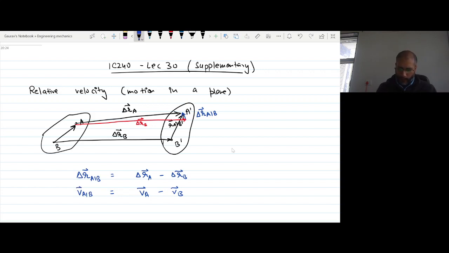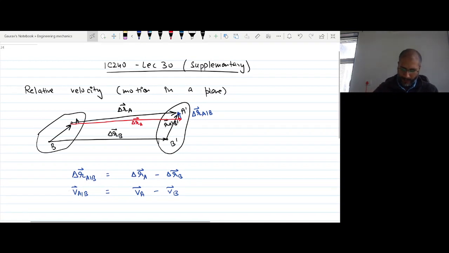So if it was a pure translation, then what we see is that V of A with respect to B will be 0, because in a pure translation you will see that VA and VB will be the same. But if it is not pure translation, if there is some rotation in it, then we'll have this VA minus VB equal to VA with respect to B, and then that is because of rotation,